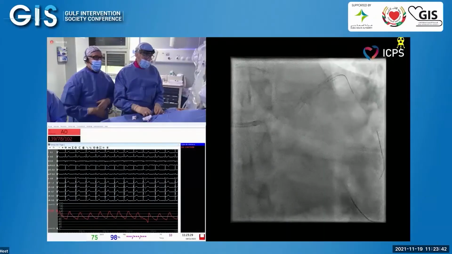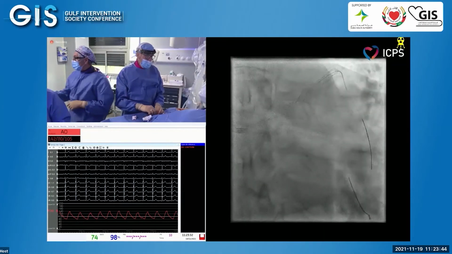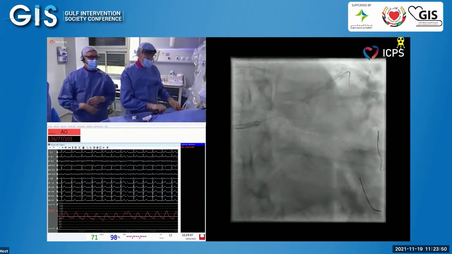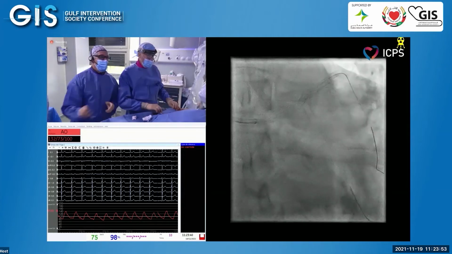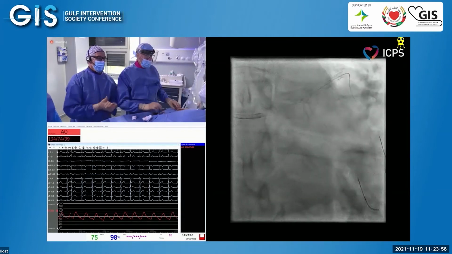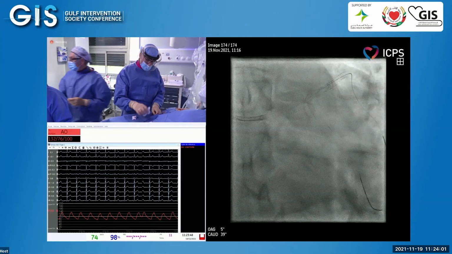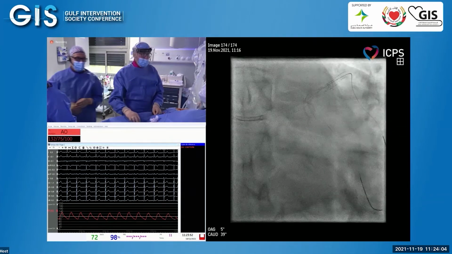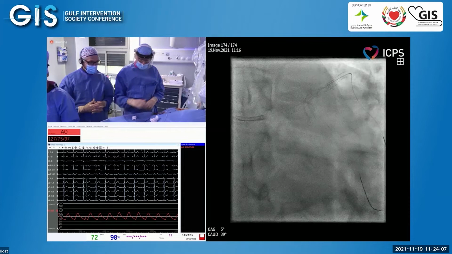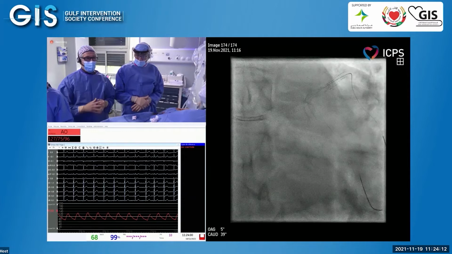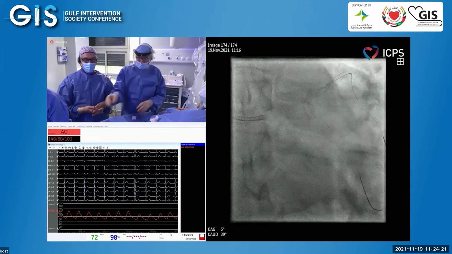So let me ask a panelist, who will always open the struts to the side branch, finish with a kissing balloon? Arif? I don't do it anymore routinely. I have my own cases, and I don't see a reason if I have really good struts, large vessel, and this kind of lumen available. As Dr. Lefebvre said, there's no data confirming that there is any long-term benefit or advantage in this. It might be good for a smaller vessel size to keep an access for the future, maybe easier. But for such a large vessel size, we're talking about left main, left main, if you're doing left main LED,